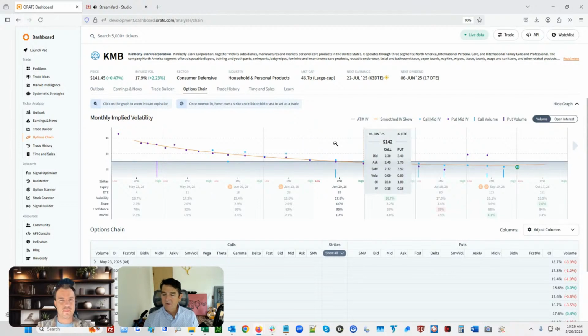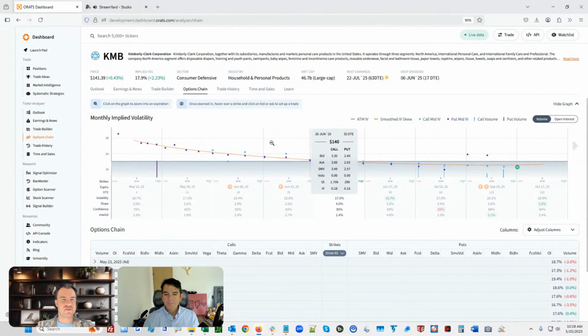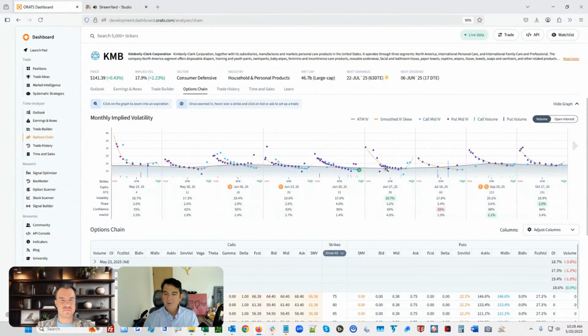You see that, Tyler? Yeah. Typically, you'll see both the wings kind of going up, but it kind of flattens out. It's like a left skew a little bit. So you'll see a smile like this sometimes, you won't. But anyway, I like this call on a number of levels already. So I think this will probably be one of the trades that we put on here.